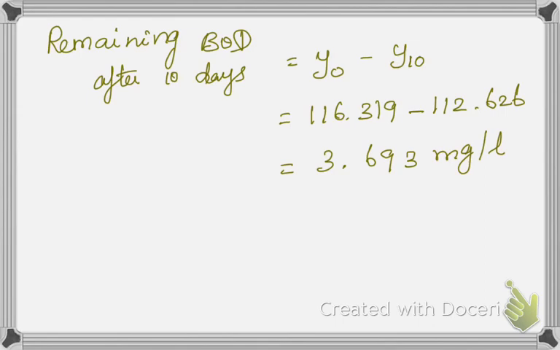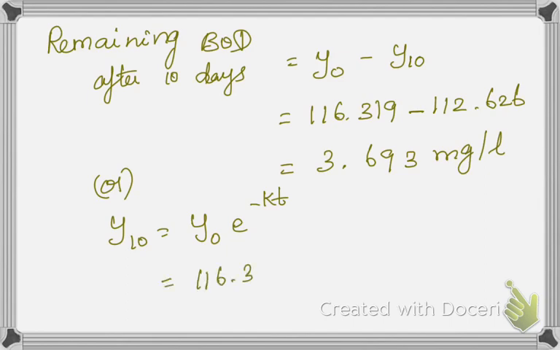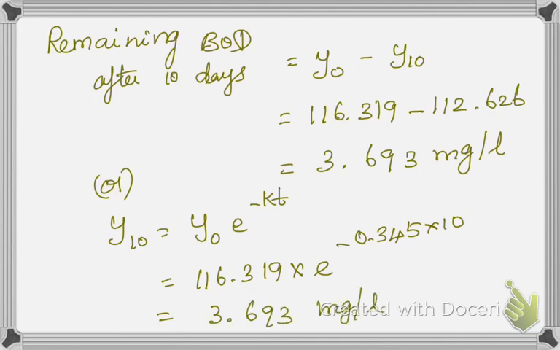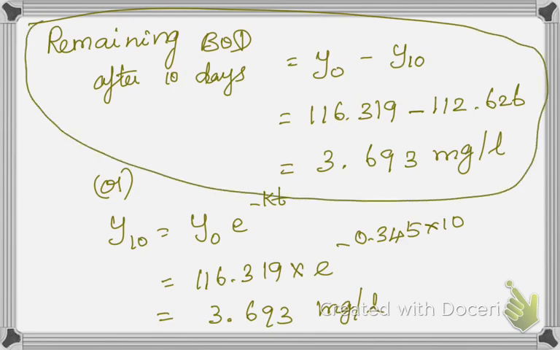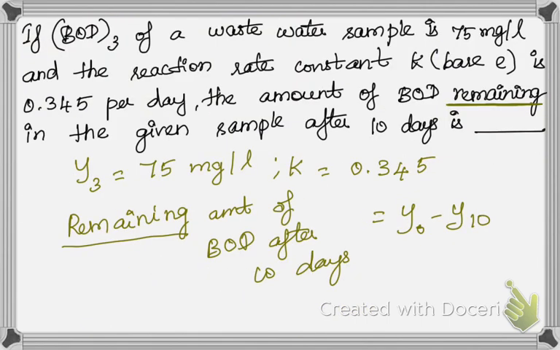Suppose you want to solve it using a formula, you can use this formula also. That is Y10 is equal to Y0 e power minus kt, which is equal to 116.319 into e power minus 0.345 into 10. Again you will be getting the same value, 3.693 milligram per liter. But the easiest way to solve is that the remaining BOD after 10 days is Y0 minus Y10. So the answer will be